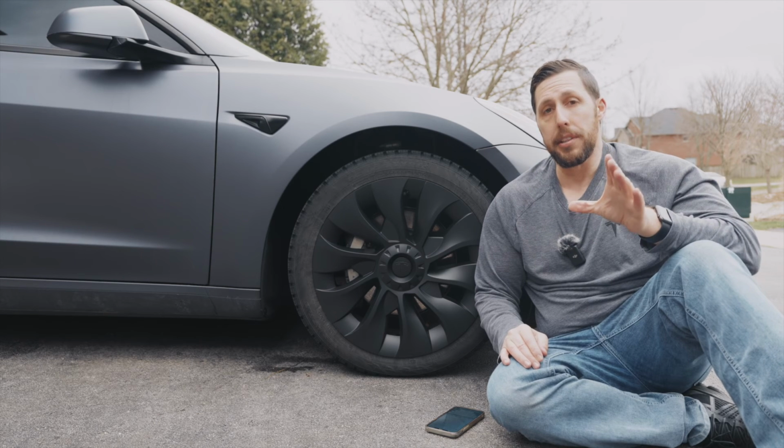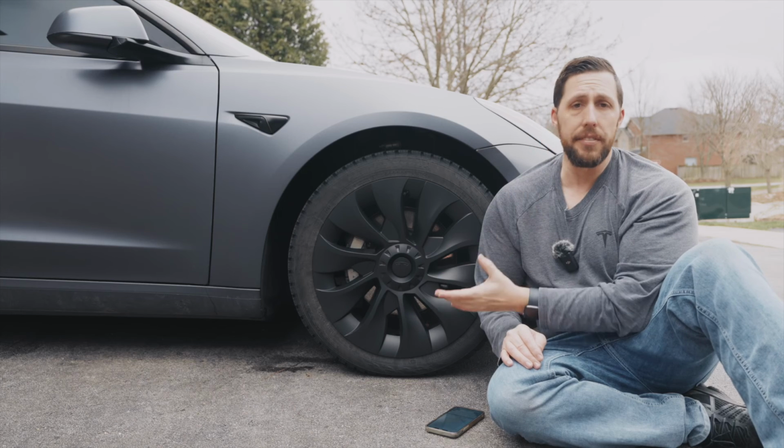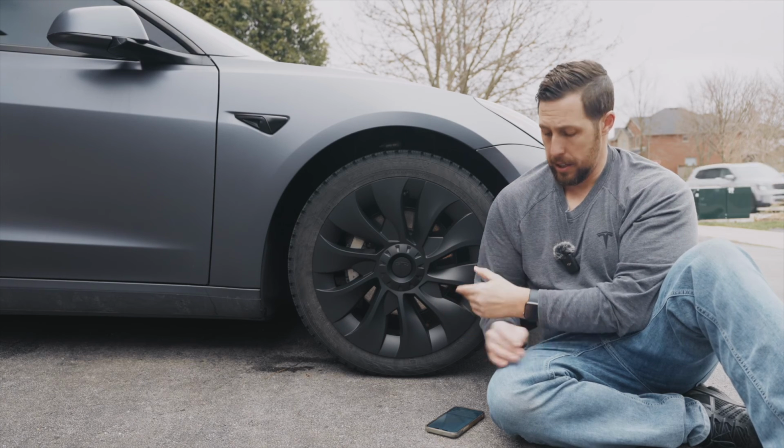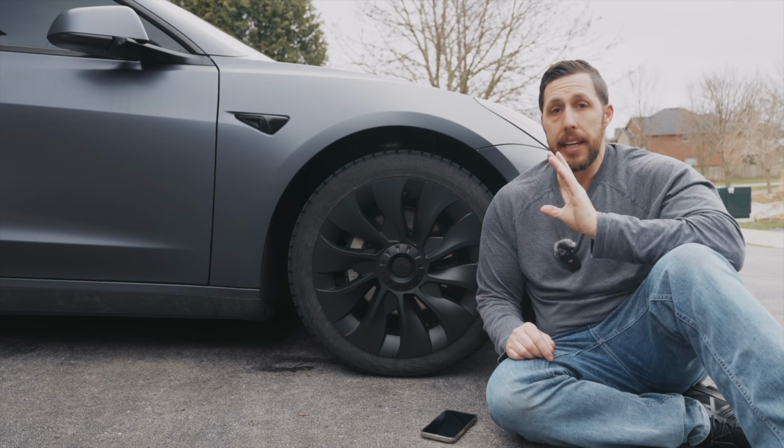There are so many good uses for these, which is amazing. And they're a lot cheaper. It's a good budget option. If you're going to save some money, get